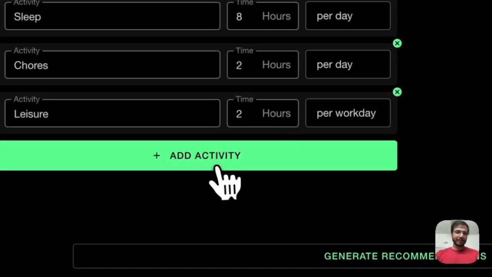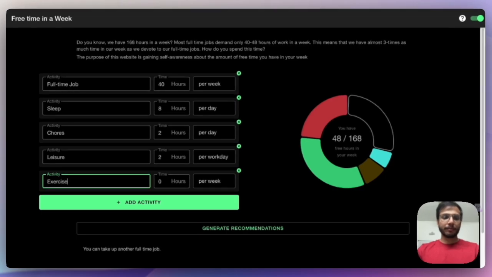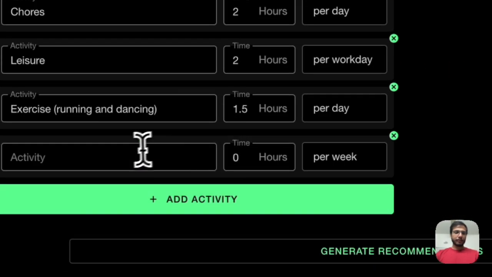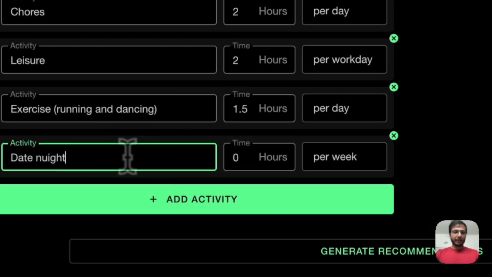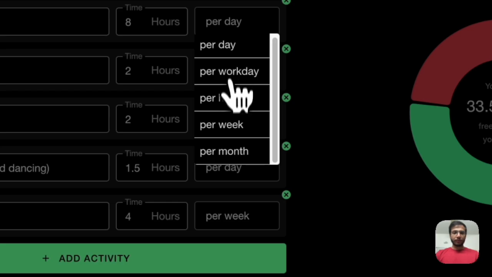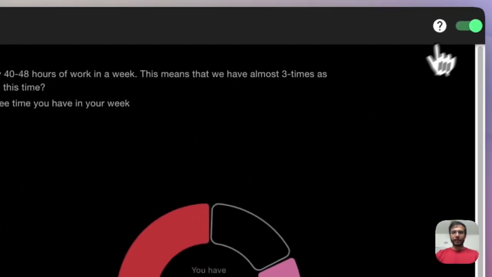We have obviously implemented dark mode, and then you can add or delete activities. For example, you want to spend some time exercising, running and dancing. It takes up 1.5 hours every day, and you probably have date night, which takes up 4 hours. On each of the holidays that you have in the week, you still have 29 hours left in your day